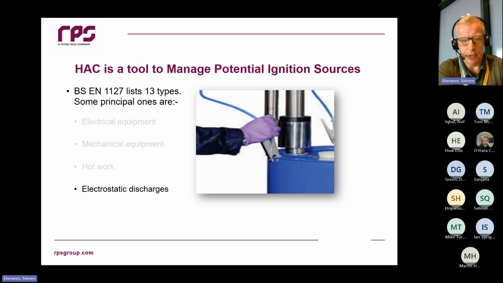If you've got a zone, you need to control electrostatic discharges. Even the tiny spark you get from a personal electric shock, if you manage to charge yourself up and get a shock off touching a banister, that's far and away more energy than is needed to ignite even the most hard to ignite gases. So methane, petrol vapor, all those kind of things can be ignited by the spark of a human body. So they need to be controlled.